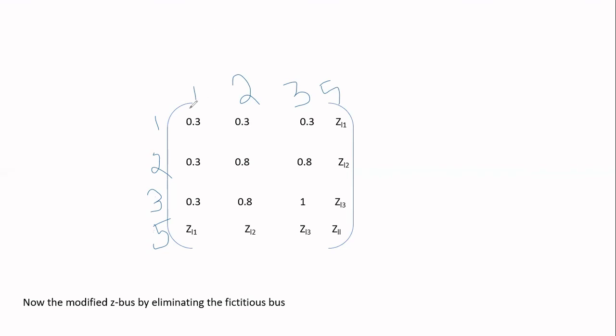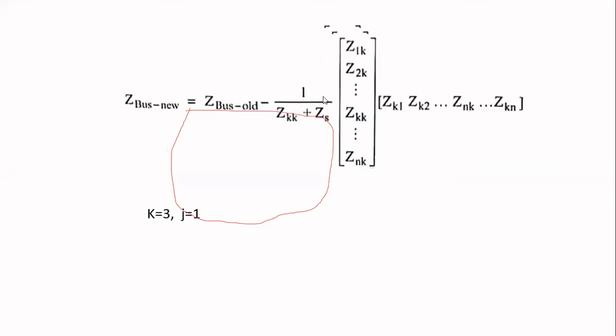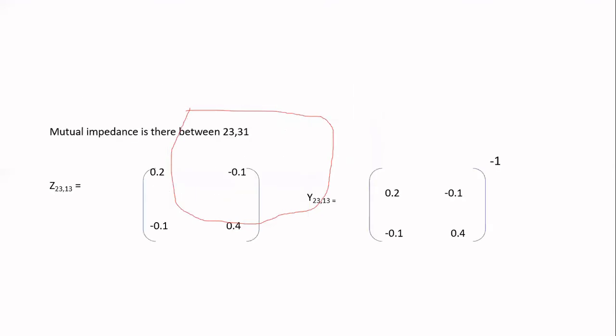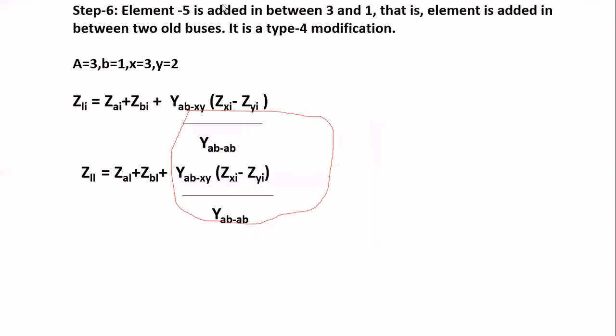By eliminating this fictitious node, we obtain only this matrix, and then we form the modified Z-bus matrix. How do we form the modified Z-bus matrix? By using this matrix, we have a formula. What is that formula? This is a type 2 modification. By using that type 2 modification, we can form the